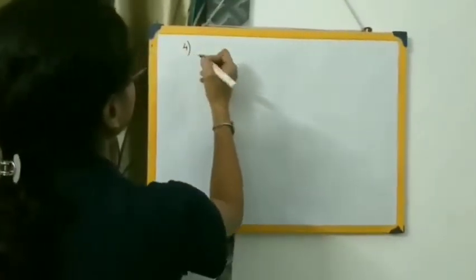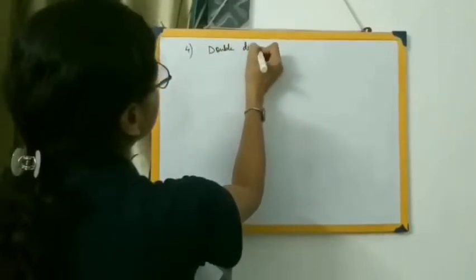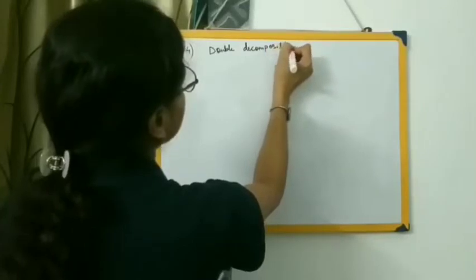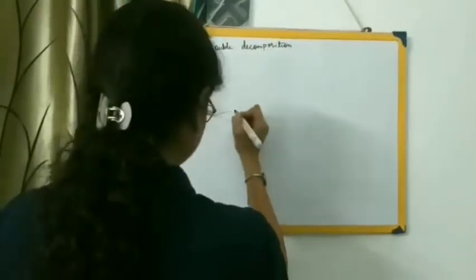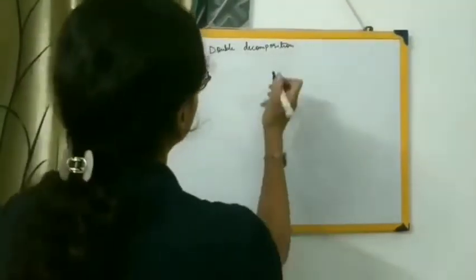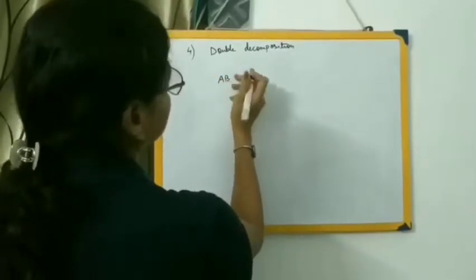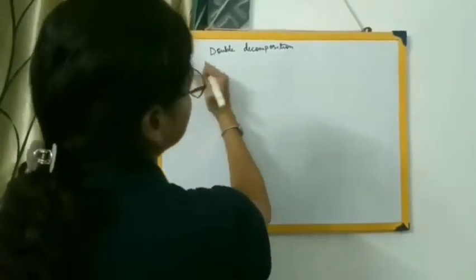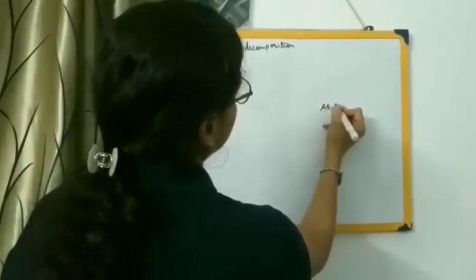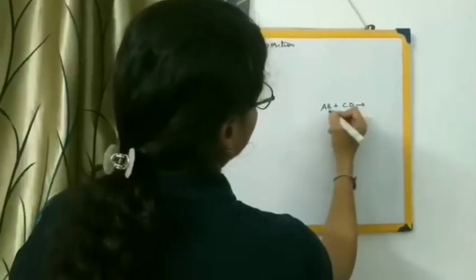The fourth type of reaction is a double decomposition reaction. Now let me first give you an example. Let me write down this reaction over here. That is AB plus CD forming AD